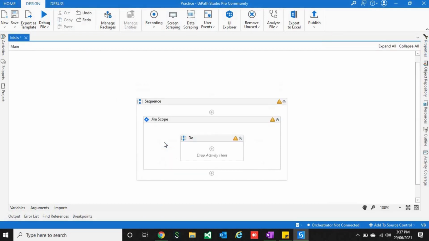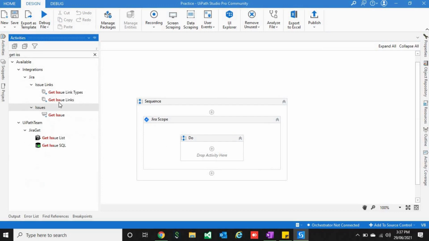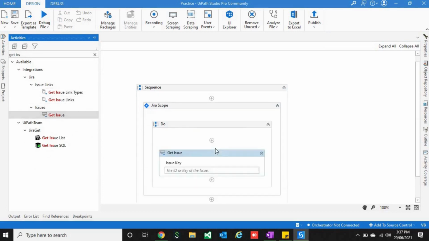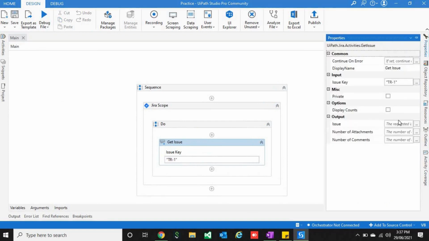Sorry, it should be get issue first of all, because we'll get the issue then we'll update it. So let me pass TR1, and it will return all the fields related to that issue.